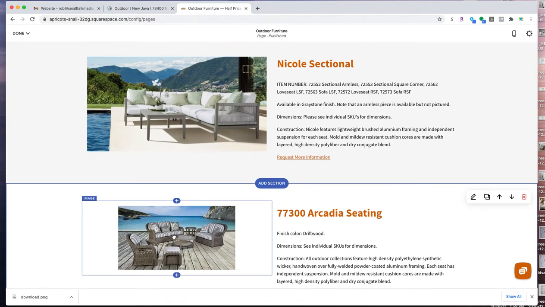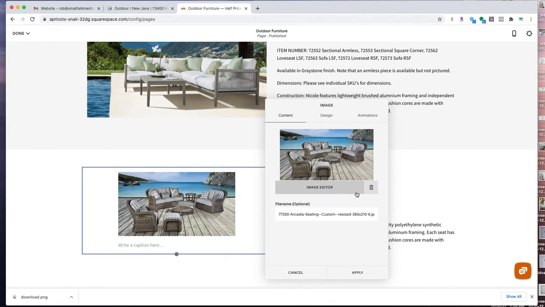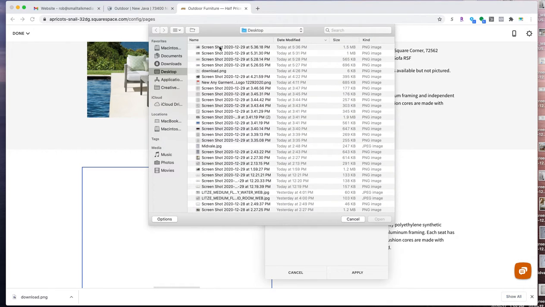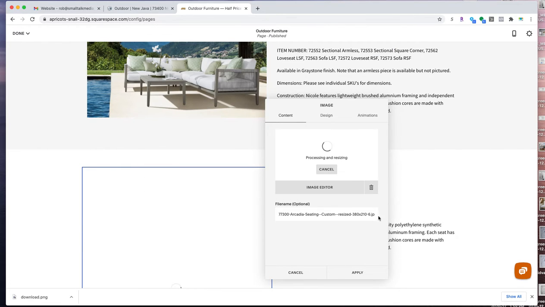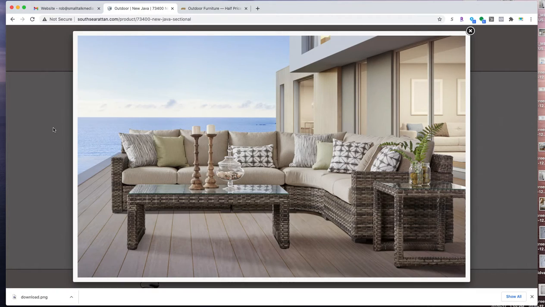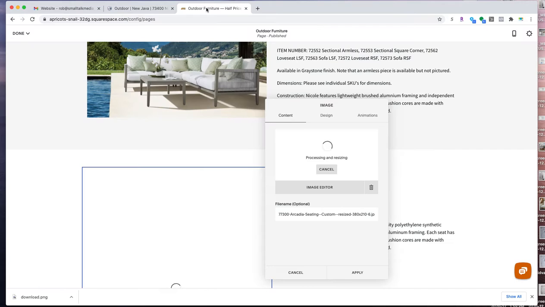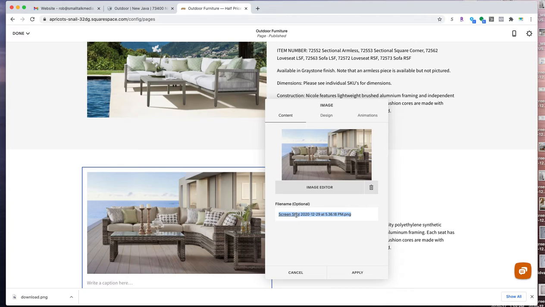Okay, now we're going to go here. Upload the screenshot. Please make sure that you're putting the name of the item in the file name. So replace this with this, and then